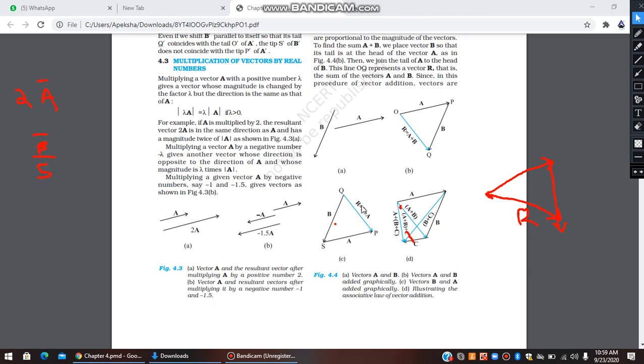So this is b bar plus a bar, but when you observe this final blue color line, you can see that both are parallel and both will have the same magnitude because they are having the same length. So we can say that a bar plus b bar is equal to b bar plus a bar in vectors also. So vectors do follow the commutative law. Commutative law says that first quantity plus second quantity should be equal to second quantity plus first quantity. So that is the commutative law of addition.